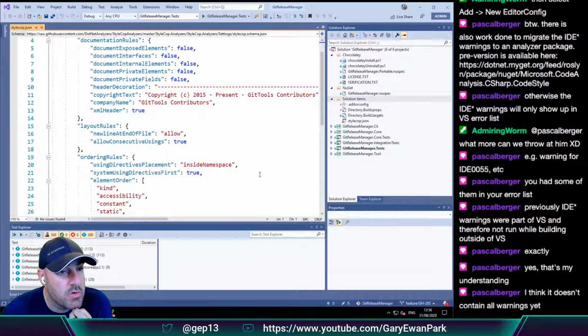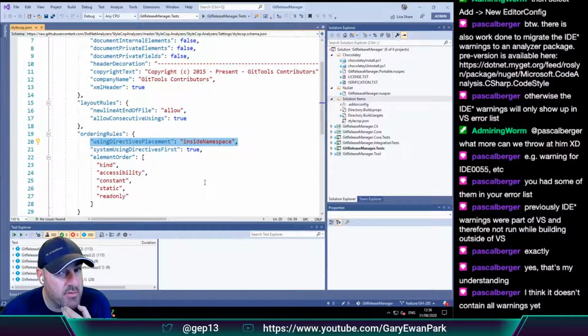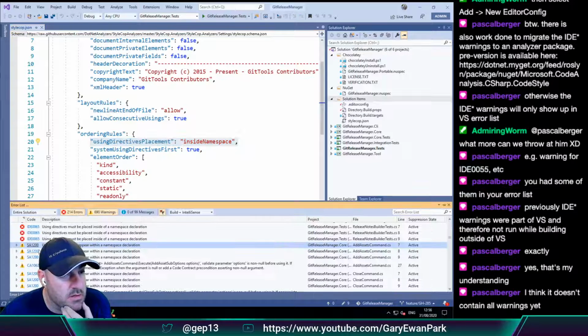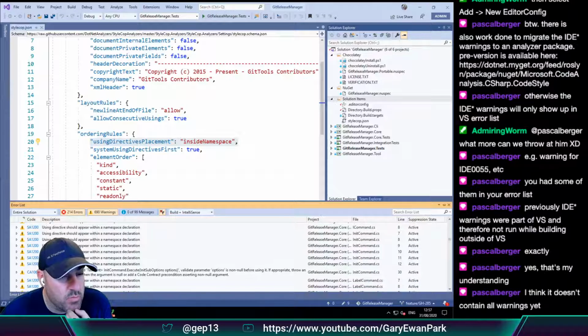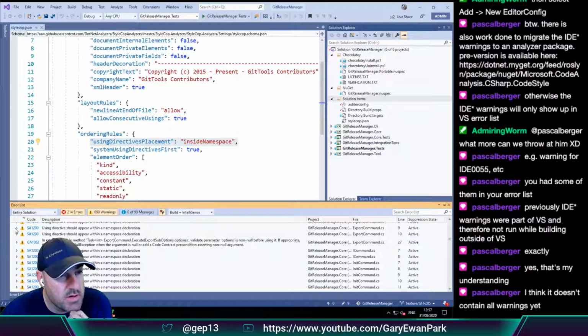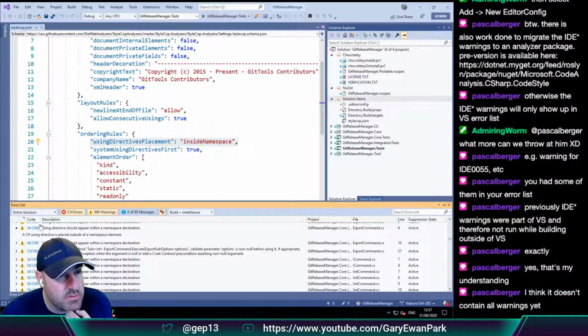So how do I make that become an error rather than just a warning? Because I really want it to be an error. Is that where the rule set would have come into play?